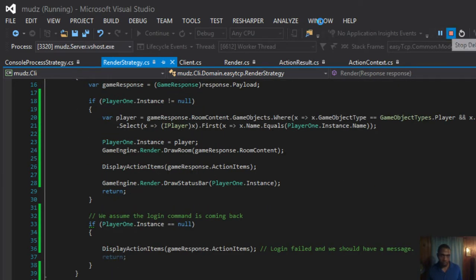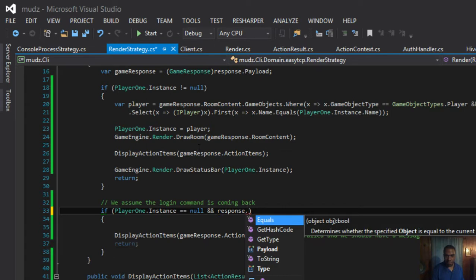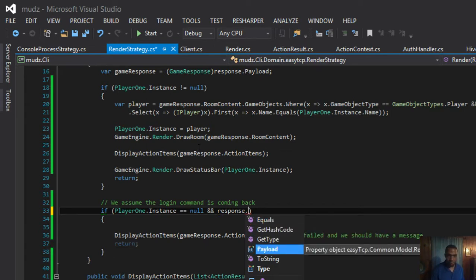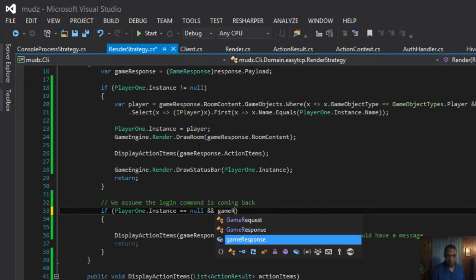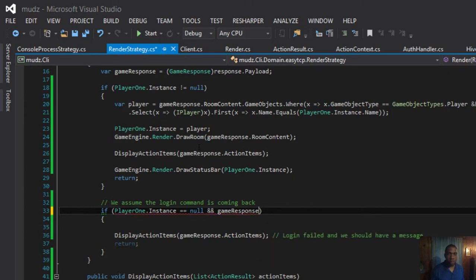So, here we need to say, if the singleton for player is null, but the response dot game response dot, oh no, we already got the player. Ooh, look at this.